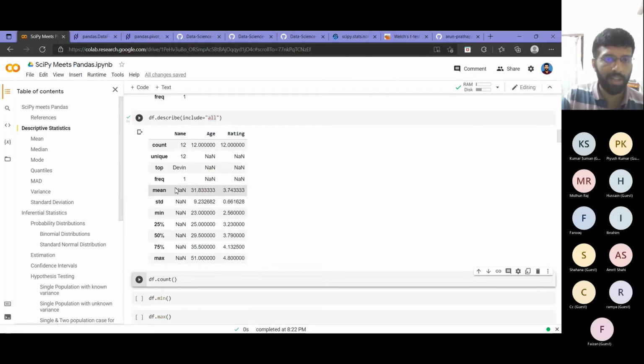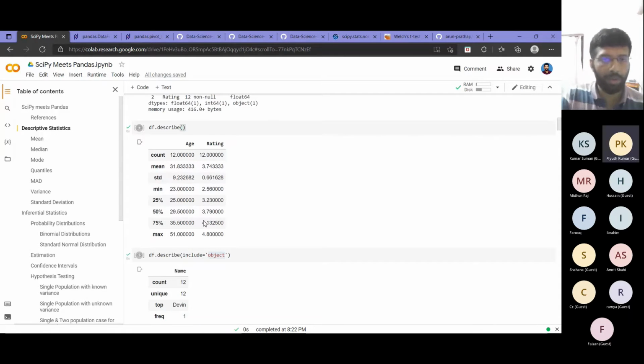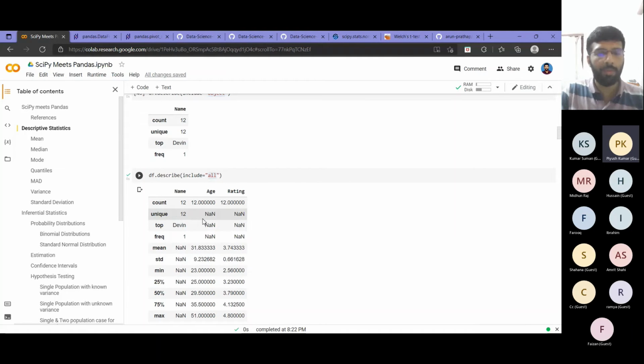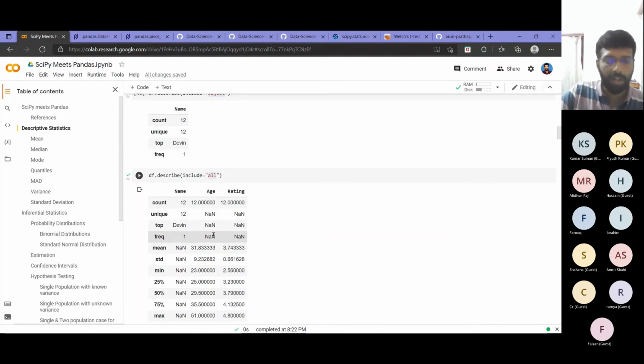Similarly for categorical data, all the numerical statistics are not valid, so NaN came. From a visualization point of view, these things are better. But for knowing all your columns in a single run, this would be better. You can always ignore this NaN and care only about columns or entries where values are populated, right?